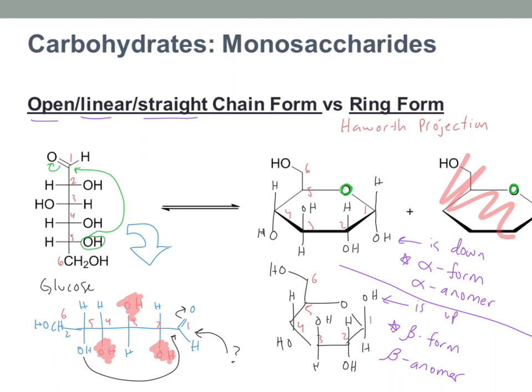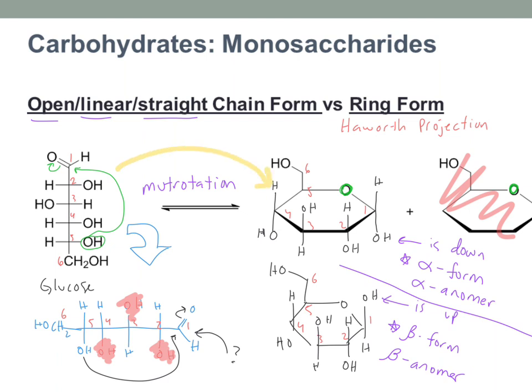So these two molecules look really, really similar. They're kind of like isomers of each other. They're just specifically called anomers because they close and they open to form this. And this closing and opening process is called mutarotation. So the idea here is that you have glucose in a straight chain form. It might mutarotate to give you the alpha. Here, let me draw this. You can imagine that glucose might close and it might give you the alpha anomer.